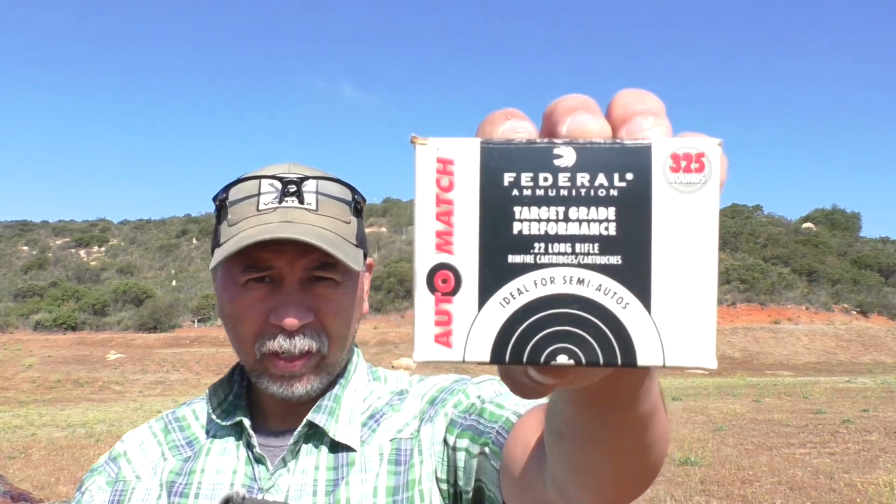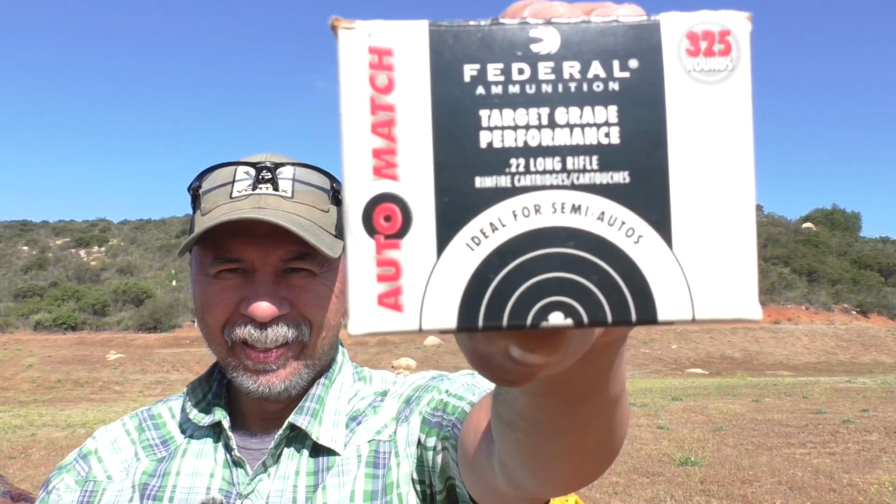The ammo testing we're going to be doing today is this stuff. I know for a while this stuff was everywhere and you could get it at a pretty decent price. I happen to have quite a few of it because I use it to plink with. But I thought, let's see how it does out of my rifle, and also